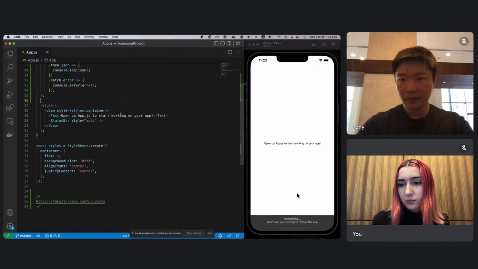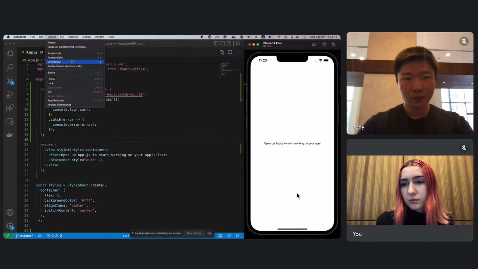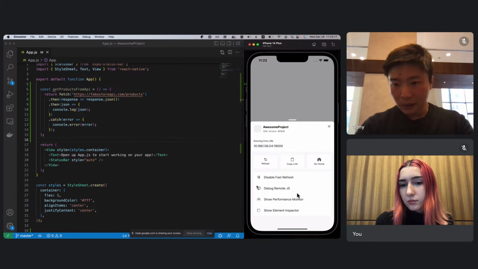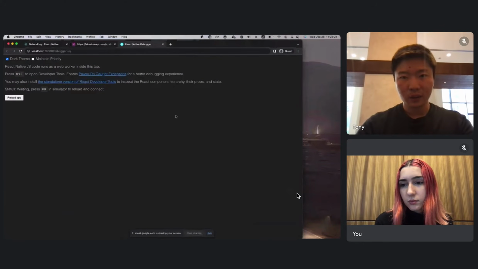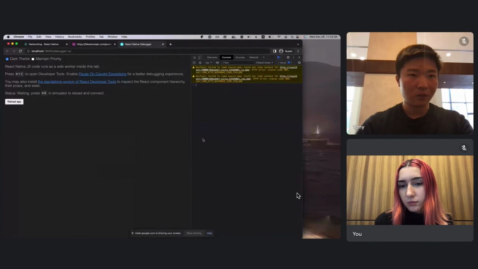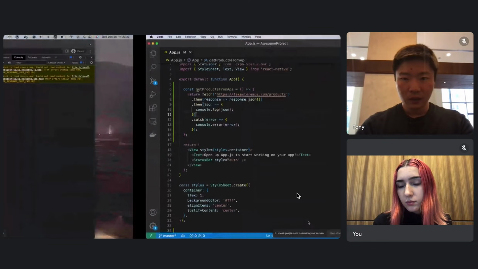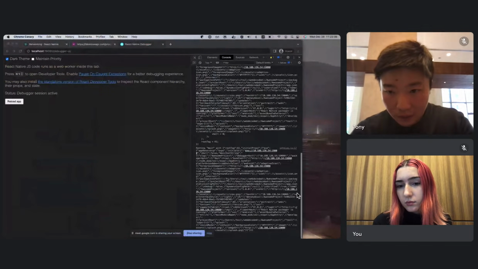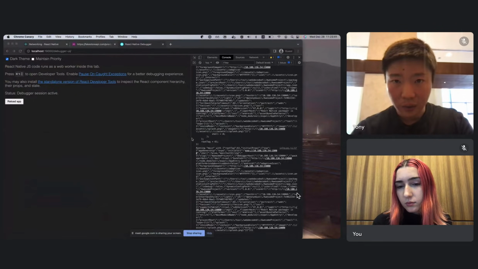So let's see. Debugging is similar to React in React Native, where you can pull up the console in your browser, and all of this is information for the native parts of the app.